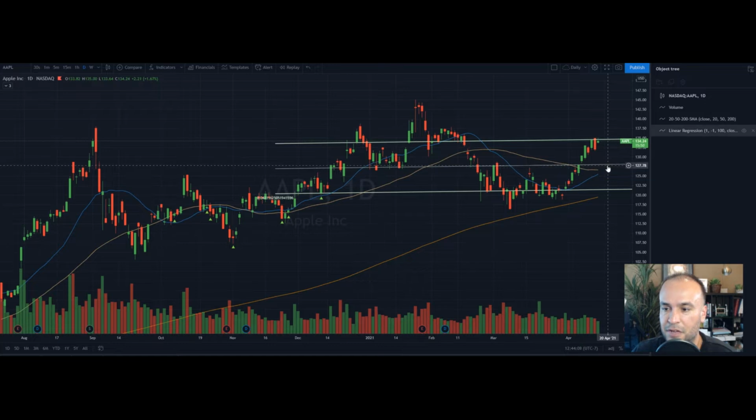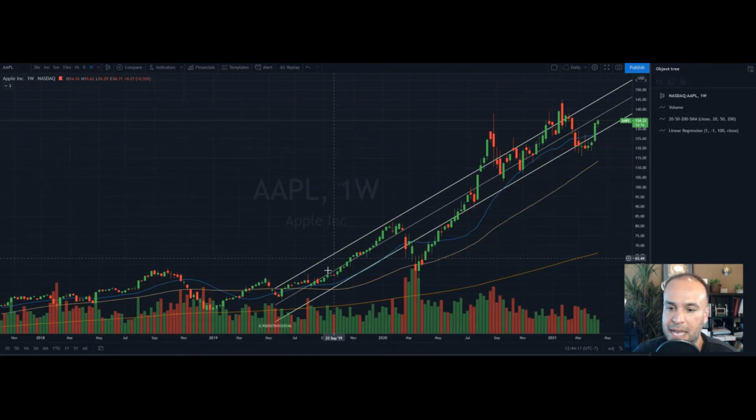And so this is the level that we broke that I would want to buy at if I were adding a position to Apple. Okay, now if you were to look at a longer term, you can see that Apple's clearly uptrending. Okay, and so I do these weekly charts usually on the Sunday videos, just to kind of show you guys that I still feel the heaviness of the market. I understand some of us get stuck in positions, but you can still see that Apple's clearly still uptrending.